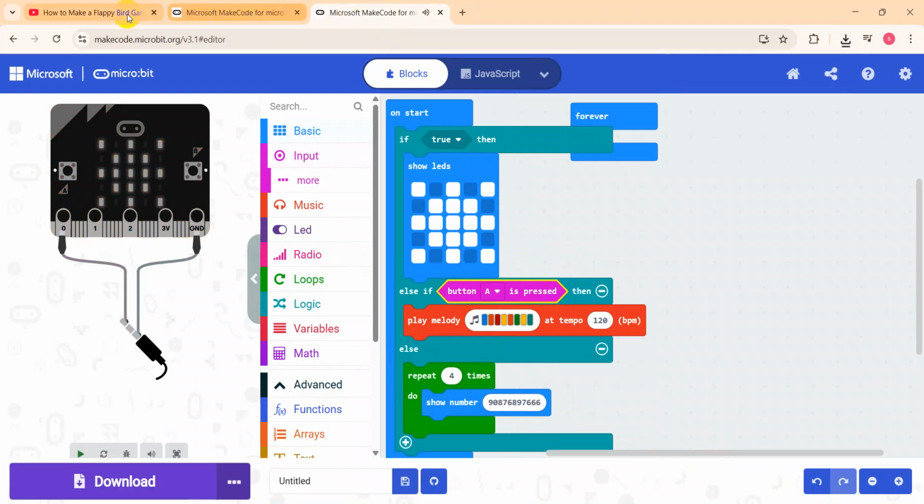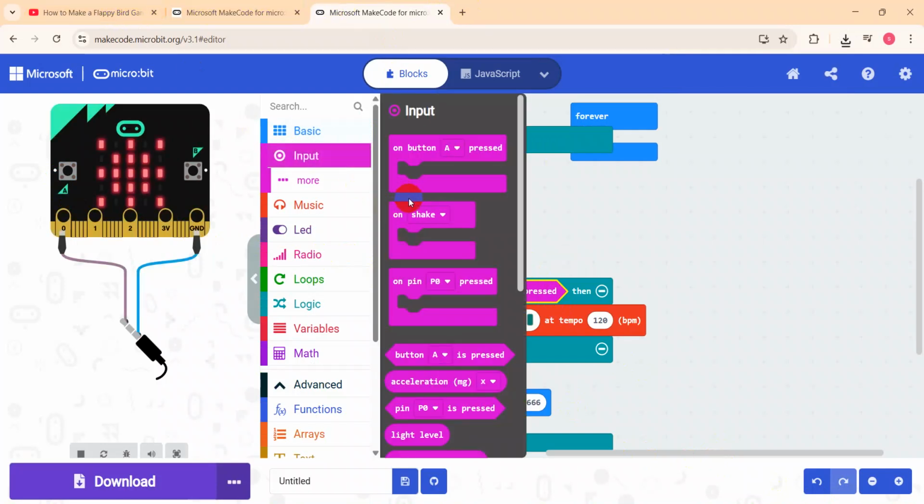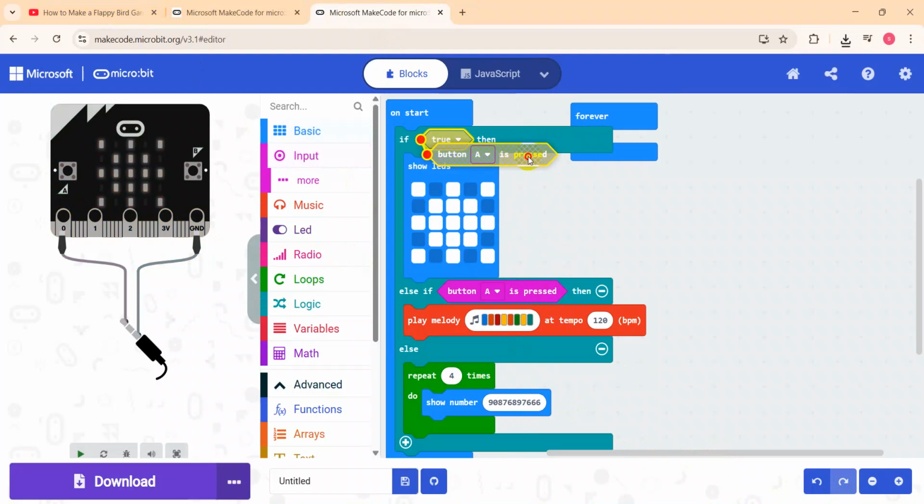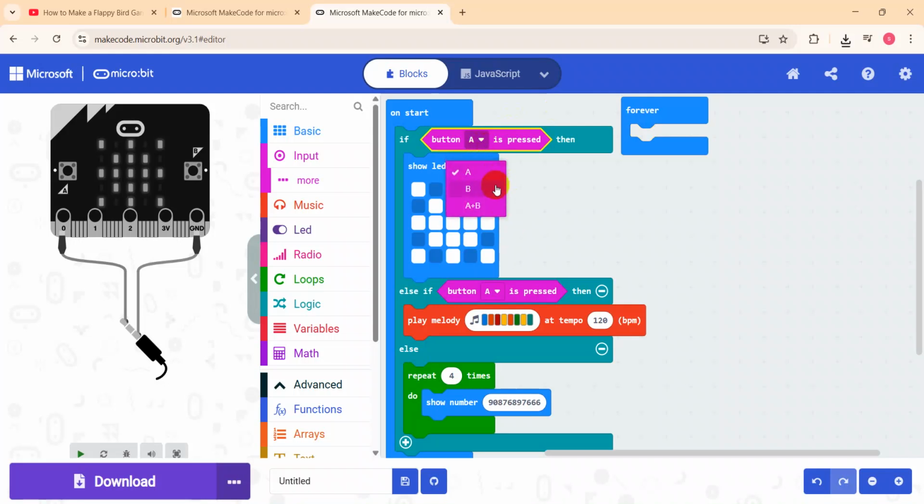Button A is pressed, and in input we just go is button B pressed. Just put this B, and if so, when